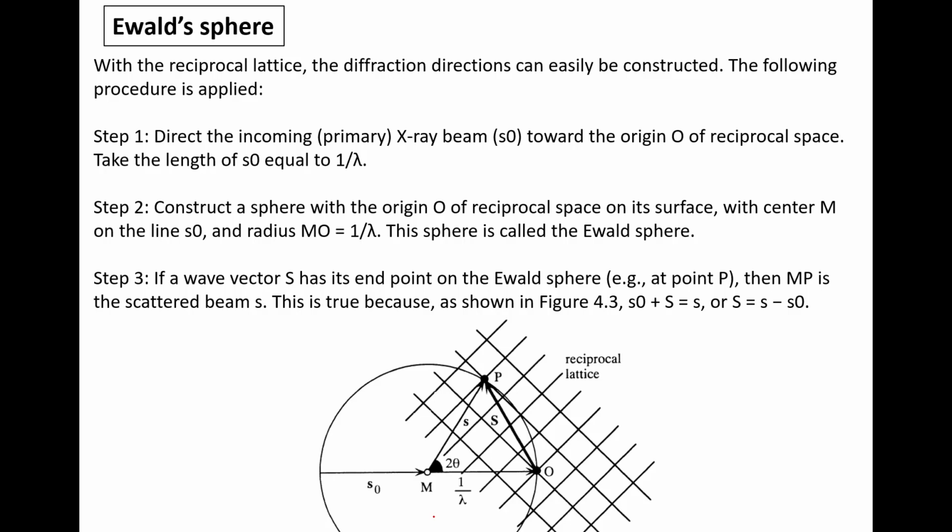Ewald took a different approach, where he showed geometrically what the reciprocal space and the real space mean, and what conditions the incoming X-ray beam needs to follow so that constructive interference can occur on the reciprocal plane, or in the reciprocal lattice. As I said, this reciprocal lattice is perpendicular to the real plane, and if you consider this S naught, you can construct